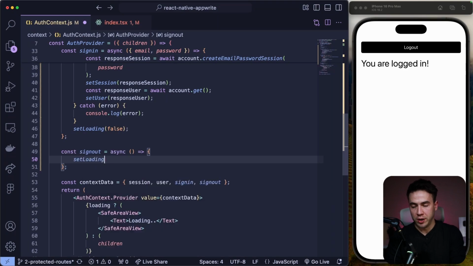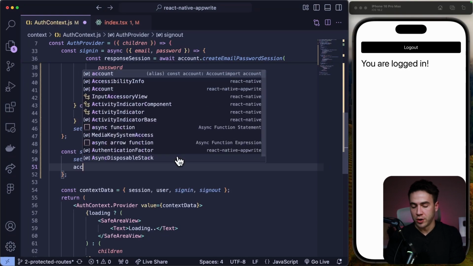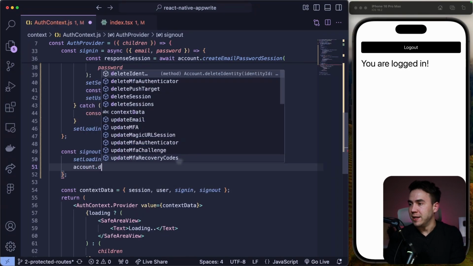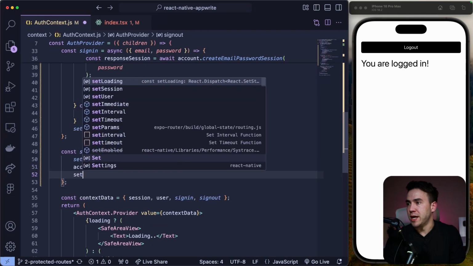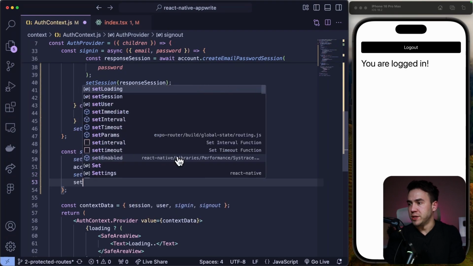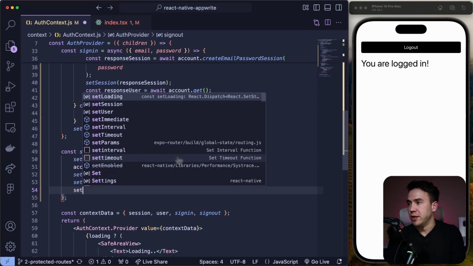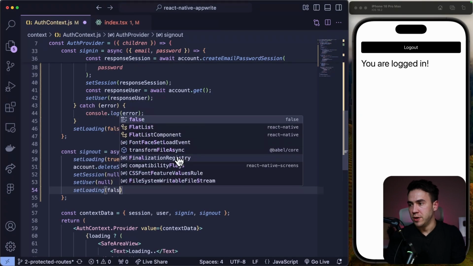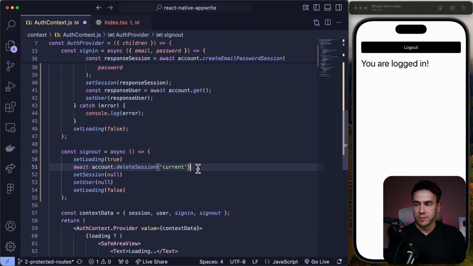So first we want to set loading to true. We want to kick things off that way. So anytime someone clicks sign in or sign out, we want to set that loading state. Then we're going to call account.deleteSession here. And here we can also just go ahead and pass in current. That'll delete the session. Then we're going to set session to null, and we want to set our user to null as well. So we just want to clear everything. And then we'll set loading to false. So that's it. All we do is call account deleteSession, and that'll remove it,